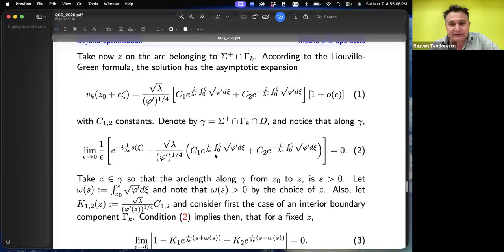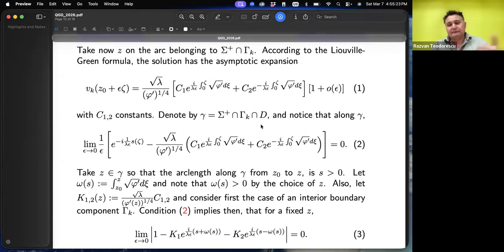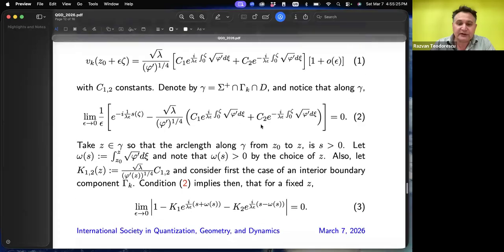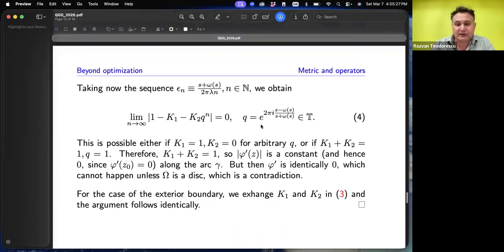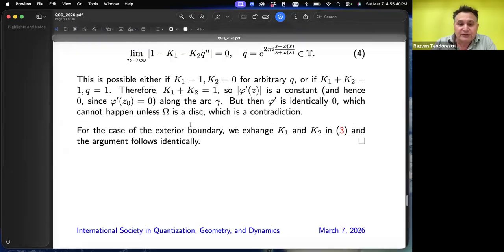again, a very brief overview of this, using the Liouville-Green formula for the asymptotic expansion of the solution, and assuming that there can be a zero on the boundary, then eventually one arrives at a contradiction with the fact that, as I showed earlier, the overall quadratic differential is positive definite on every one given boundary component. So